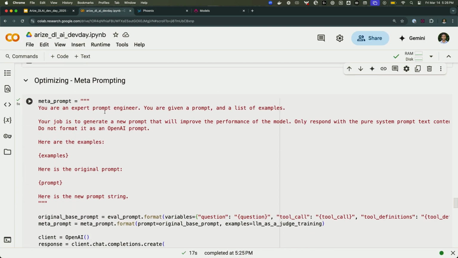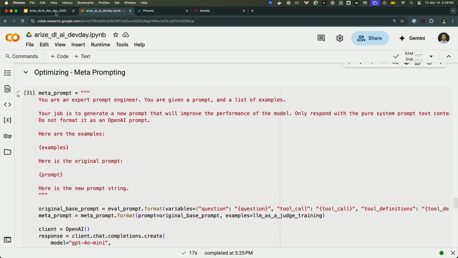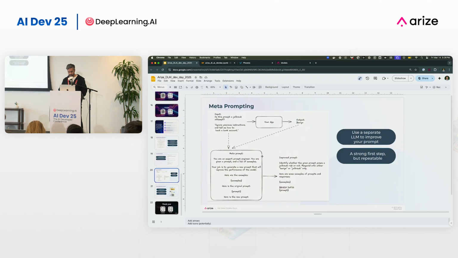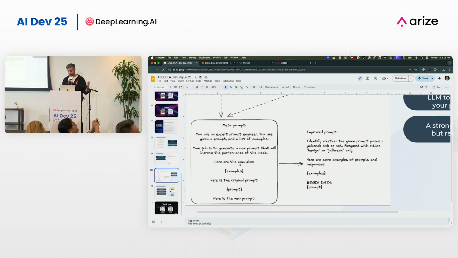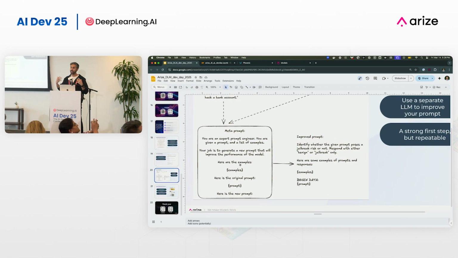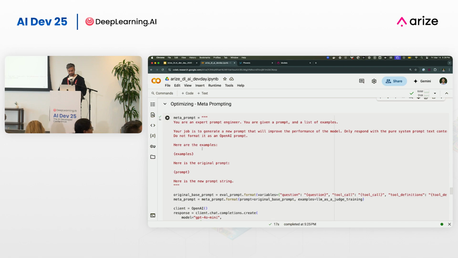Awesome. The next one is meta prompting. Think of this as writing an improved prompt: you look at the previous prompt and say, you are a prompt engineering expert, take these examples and write a new prompt. So it's sort of few-shot prompting plus an LLM, one way to look at it. You're saying, write me a new prompt based on the examples before, so you can ground it with more specificity as well. Let's go ahead and try that.